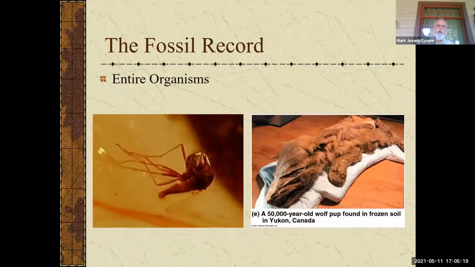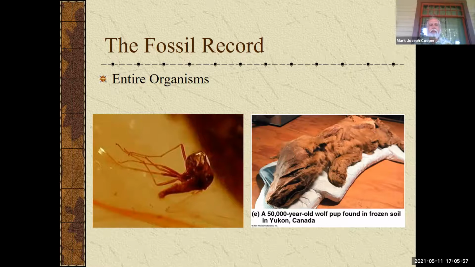And then if you get very, very lucky, you might even end up with an entire organism. On the left, we have a type of fly that got stuck in sap and amber. And if you've watched Jurassic Park, that's supposedly where they got the dino DNA. And on the right is a wolf pup, found not too long ago, frozen in the soil and very well preserved, 50,000 years old. So lots of different ways of getting this information. Again, great information, but just a reminder that it may lack some information depending on the organisms and where